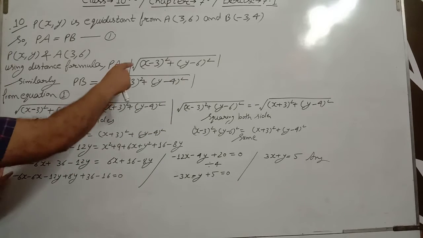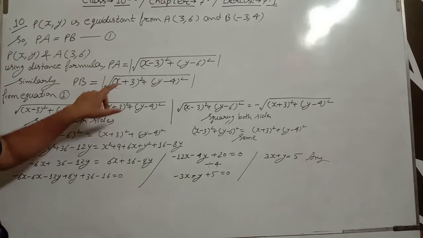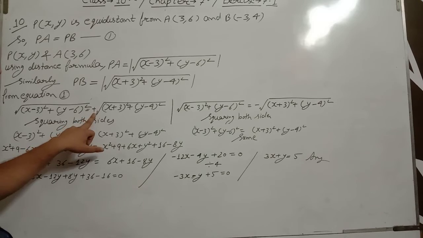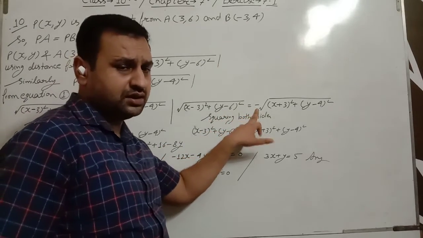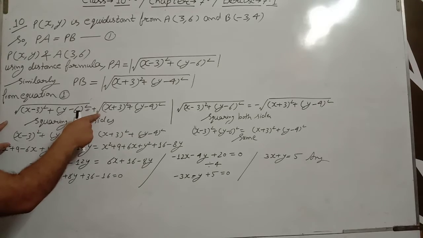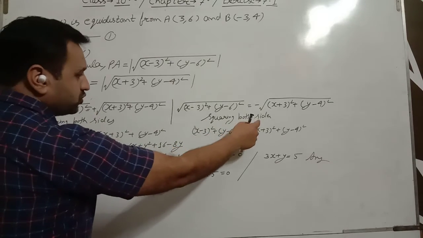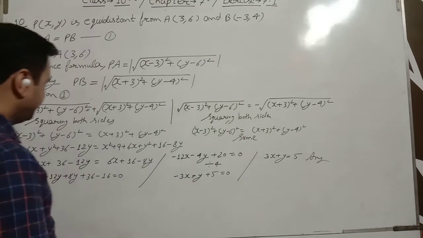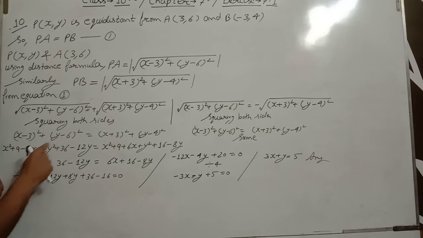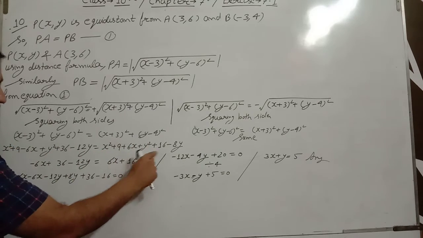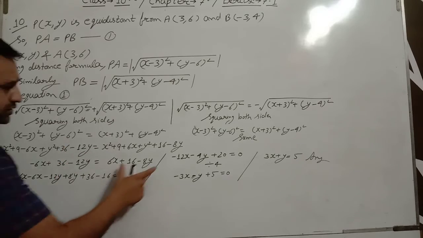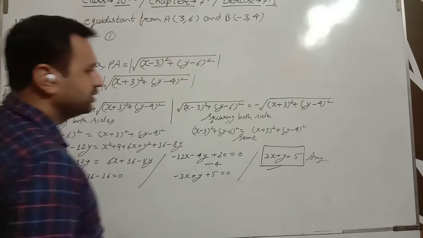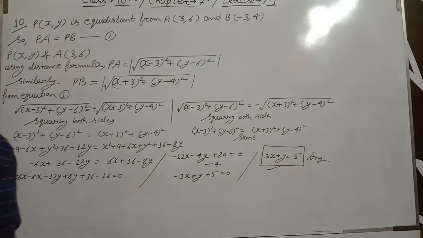From equation 1, you put both equal and remove the sign of modulus. Then we divide the question into two parts. In the first part RHS is positive, in the second part RHS is negative. To remove the under root, squaring both sides, also squaring both sides, but we get the same equation, so we remove it. After calculation, using (a minus b) whole square and (a plus b) whole square, we find an equation between x and y. Same question.